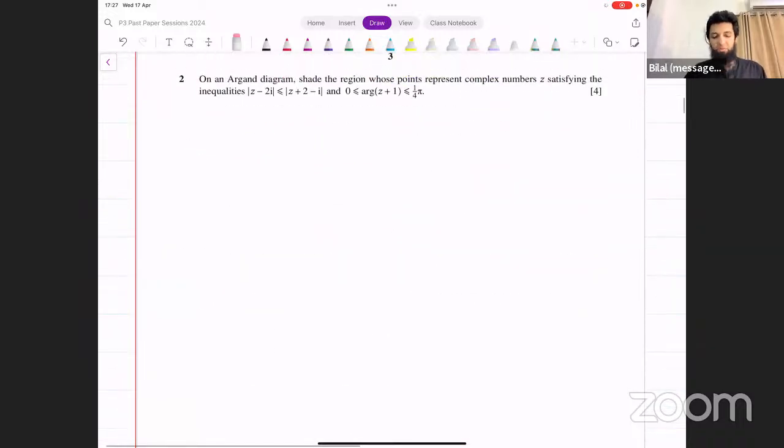Part 2. Question number 2. Now it says, on an Argand diagram, shade the region whose points represent complex numbers z satisfying these two inequalities. We have one inequality here, another inequality here. We need to shade the region whose points represent complex numbers z satisfying both of these inequalities. Now, how do you